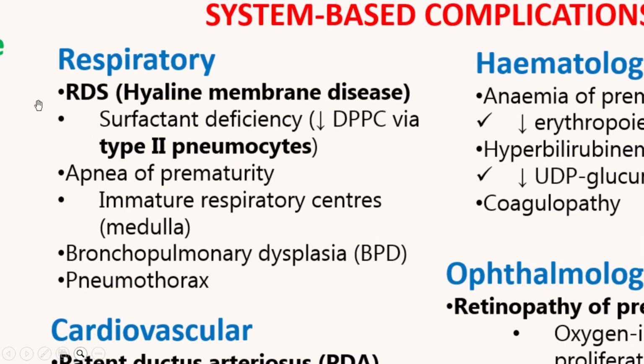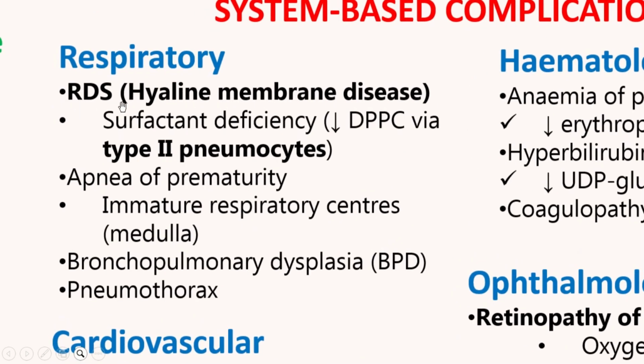So we have the respiratory distress syndrome, which was also called the hyaline membrane disease. And this is because you lack surfactant. And when you lack surfactant, which is produced by the type 2 pneumocytes, whenever the baby is breathing out, the lungs are going to collapse on each other. Surfactant acts as a kind of lubricant. It maintains the surface tension there. And once you lack that, then breathing is going to stop very soon after that.